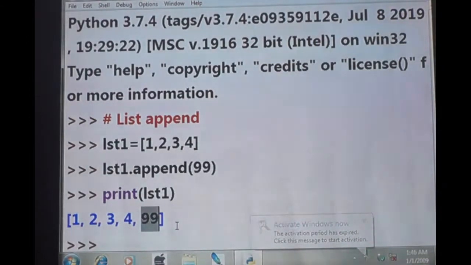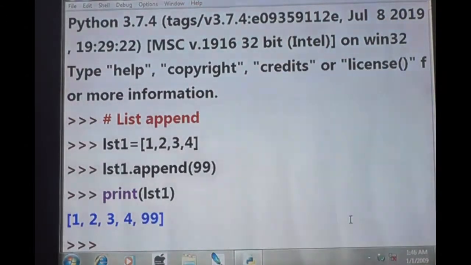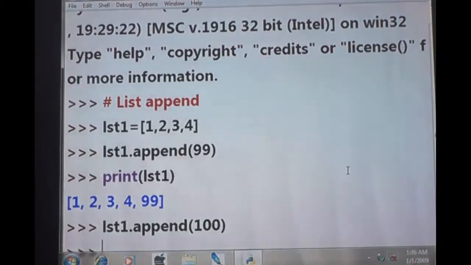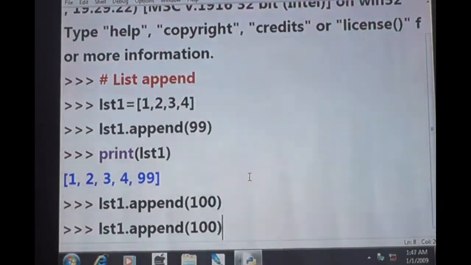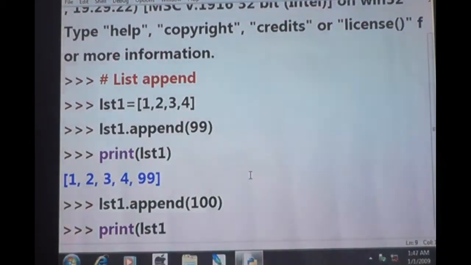Understand? Okay. And one more thing. If I give LST1 dot append 100, then if I try to give print LST1, enter.